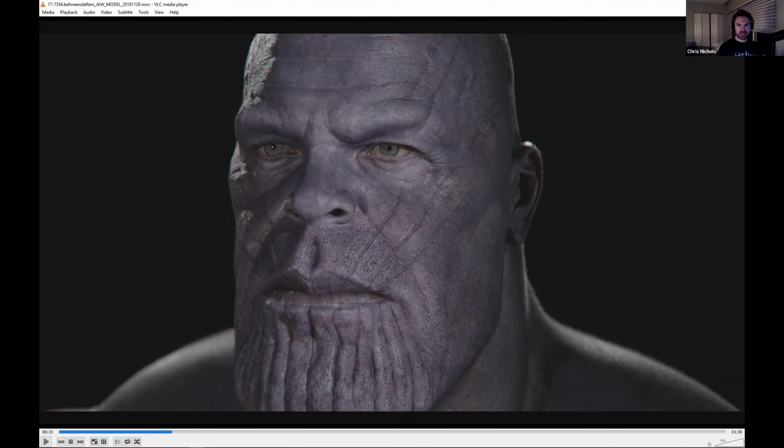Now, I need to preface this by saying most of my look dev and texturing is focused on character work. I have done some more hard surface stuff as well, but my experience with shading is fairly basic. If I was trying to do rust, I would probably do blend materials so that I would have a shiny surface, and then I would use a mask to describe another material, say the rust.